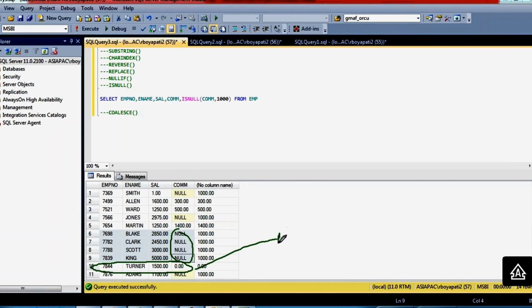This employee is eligible, but as of now his commission is 0 only. It may increase, but for the remaining people, it's a null value. Okay, right. That is about the ISNULL function.